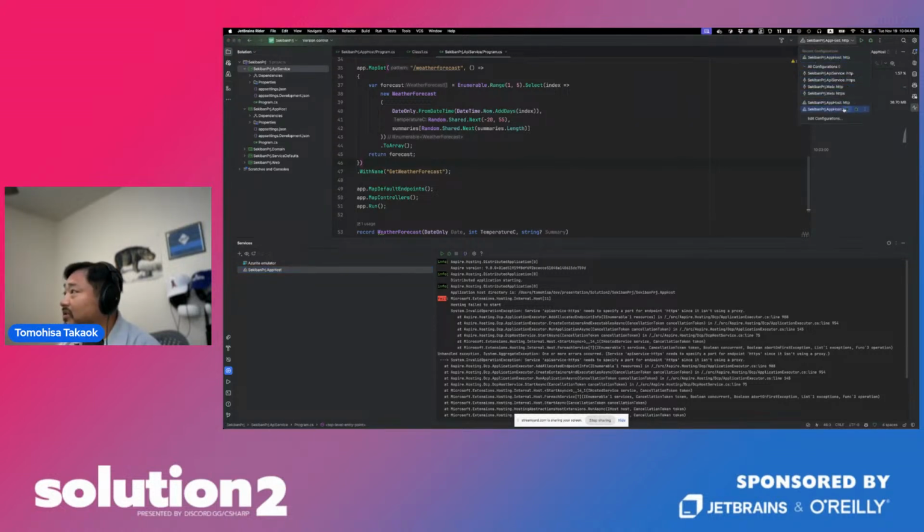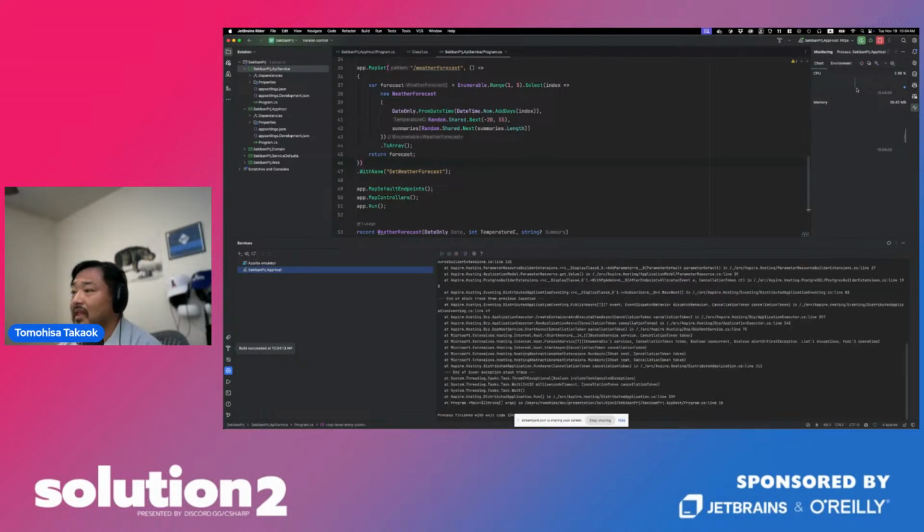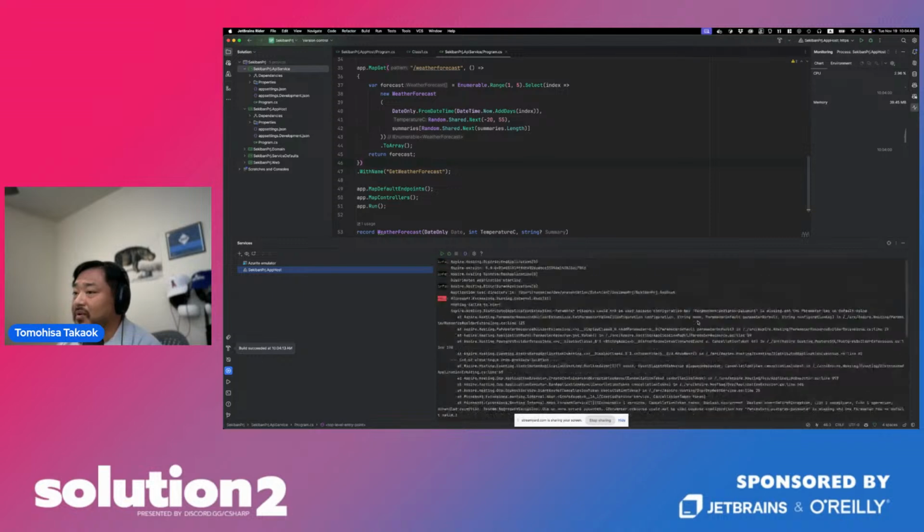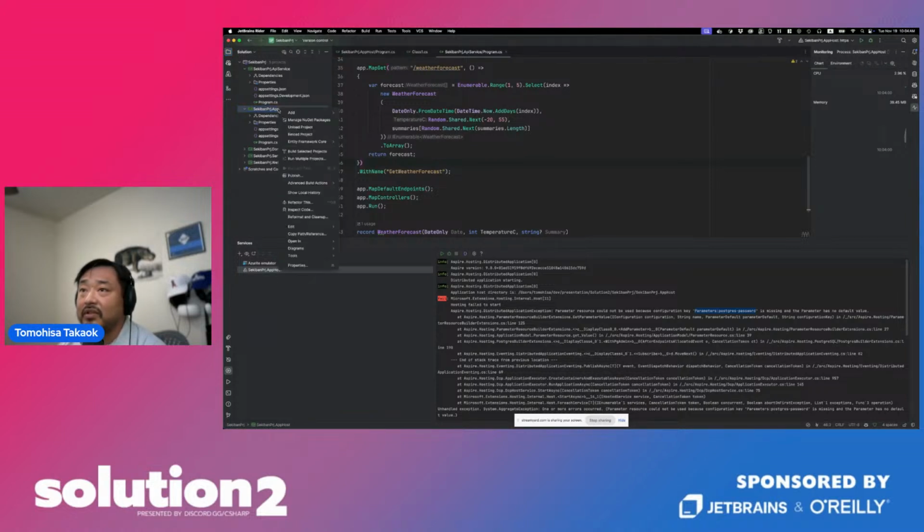So let me change to HTTPS and run again. And then it caused one more error that says parameter Postgres password is not defined. Yes, you need to define your own password in the app host. You can write it in app settings, but I don't recommend it because the password is going to be seen by everyone.